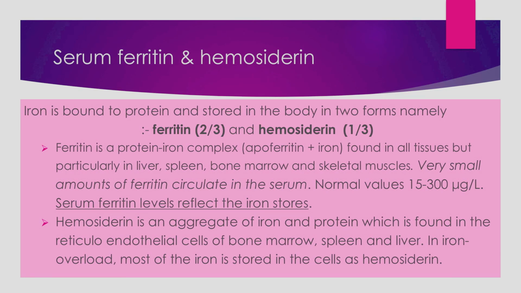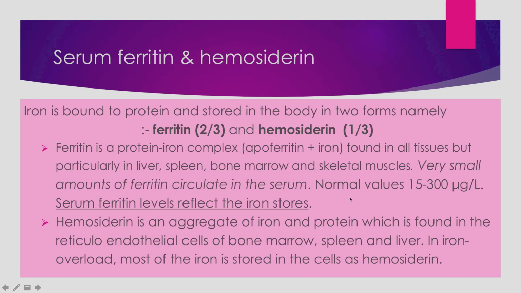Right, ferritin is a protein iron complex, apoferritin plus iron, and that forms ferritin. It is found in liver, spleen, bone marrow, skeletal muscles. A very small amount of ferritin circulates in the blood serum as well. Normal values are 15 to 300 micrograms. So this serum ferritin level, the amount of ferritin which circulates in the blood, reflects the iron stores. Right, so these normal values reflect the normal iron stores,